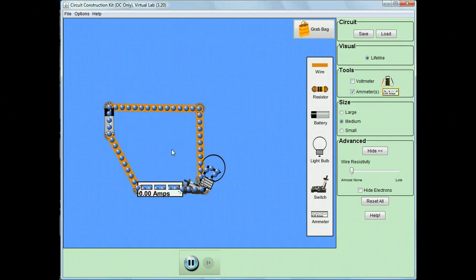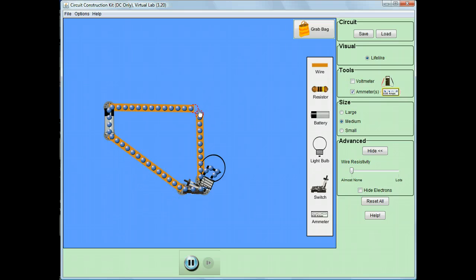And I can move this actually to anywhere in the circuit that I want. I can go ahead and split that junction. I can remove that and add an ammeter in down here. Okay, and when I put the switch on, once again,